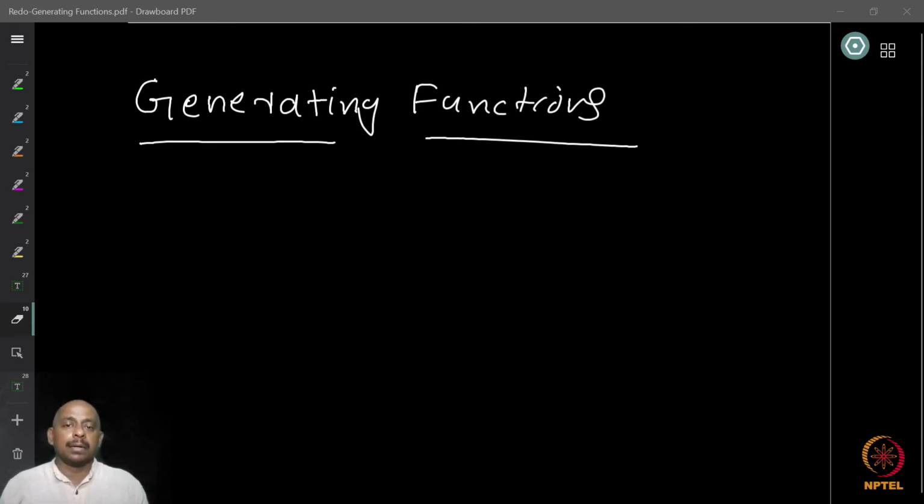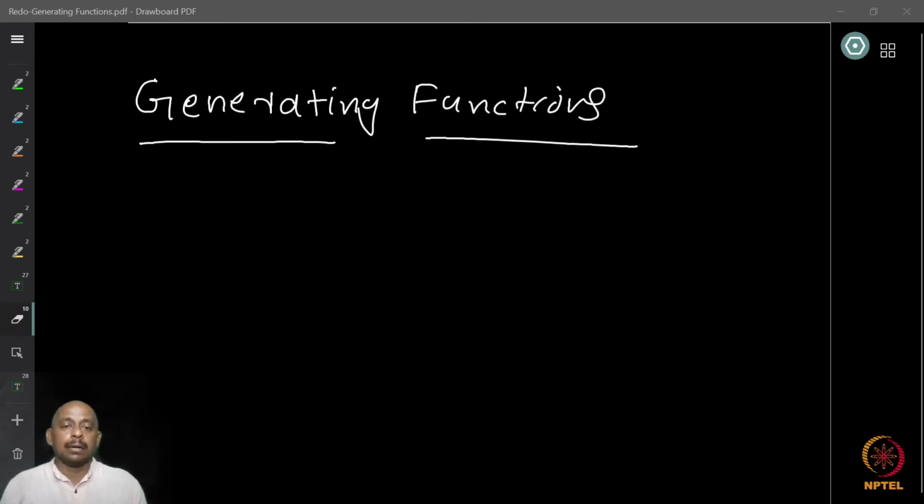For example, you can talk about the number of permutations of an n-element set, which we know is n factorial. Or you can talk about the number of graphs on an n-element vertex set, or binary words of a specific length, let's say n. Binary strings of length n, or let's say